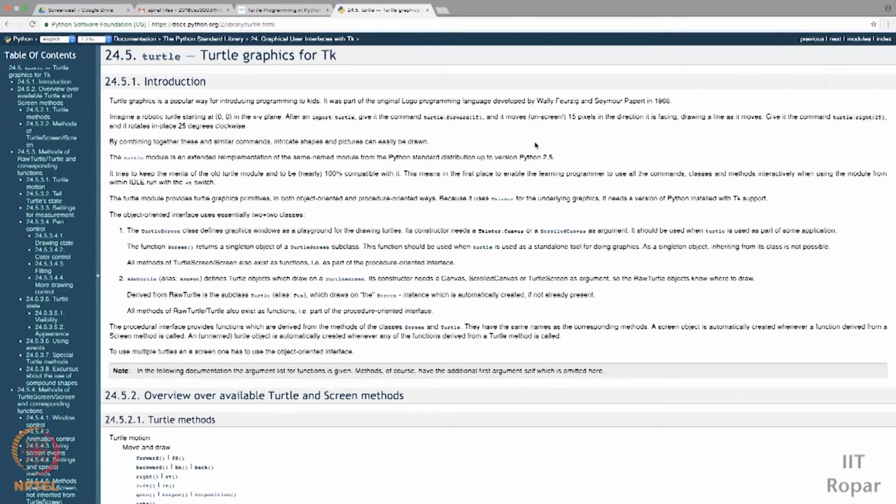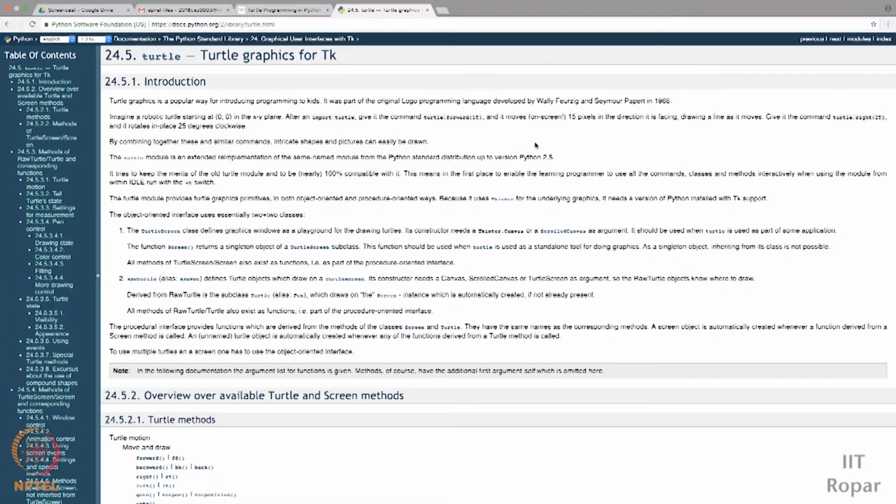Now in the last video we saw how we can traverse a matrix in spiral order. In this video we'll see how we can create the animation we saw in the first video. For that we are going to use a library named Turtle. If you have installed Anaconda, Turtle comes with Anaconda. You can check. If it is not there, you can simply install it with pip. Just search how to install Turtle with pip, and everything is over. It's just one command.